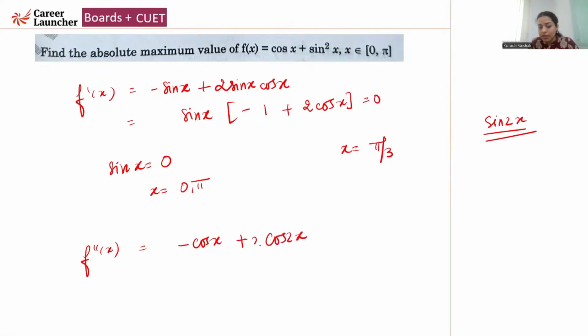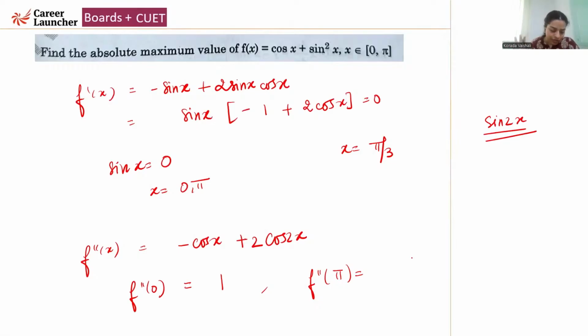Cos of 2x, and I'm going to take that negative sign outside. अब अगर आप सारे वैल्यू सब्स्टिट्यूट करोगे at f double dash 0, how much is it going to be? Minus 1 plus 2. So it is going to be how much? Positive 1, right? So now looking at the other value, which is f double dash of pi, how much is it equal to? It is going to be